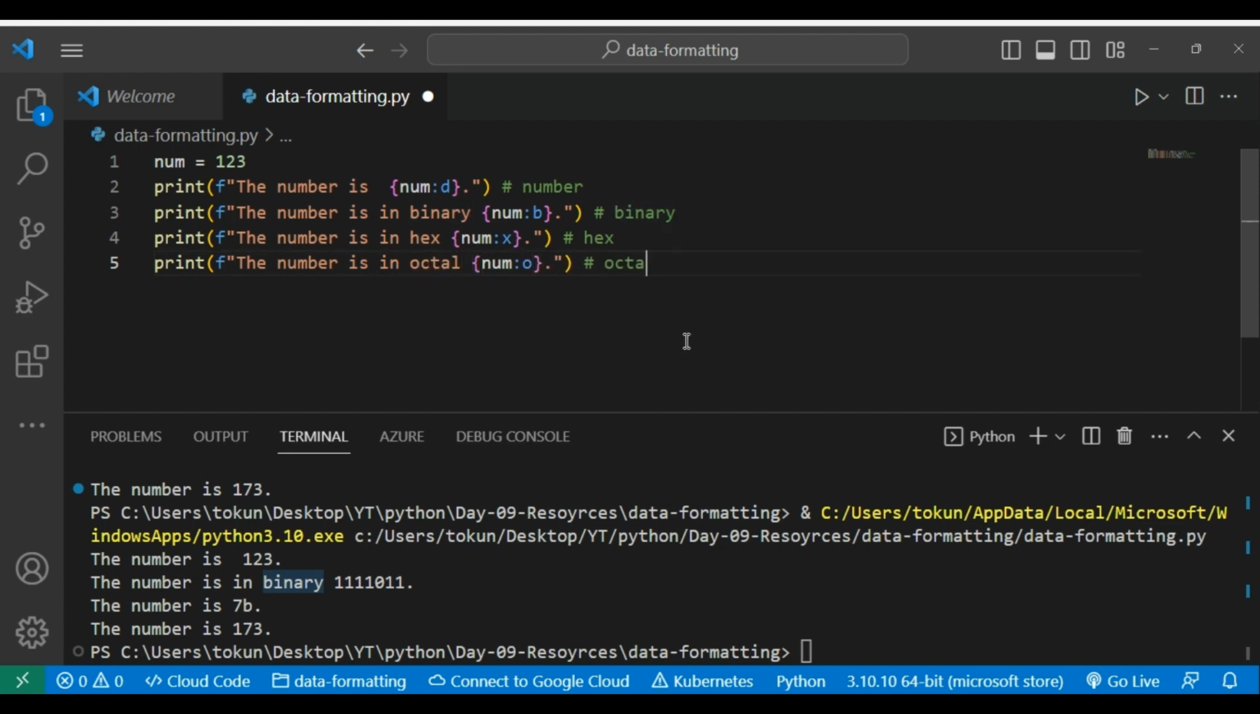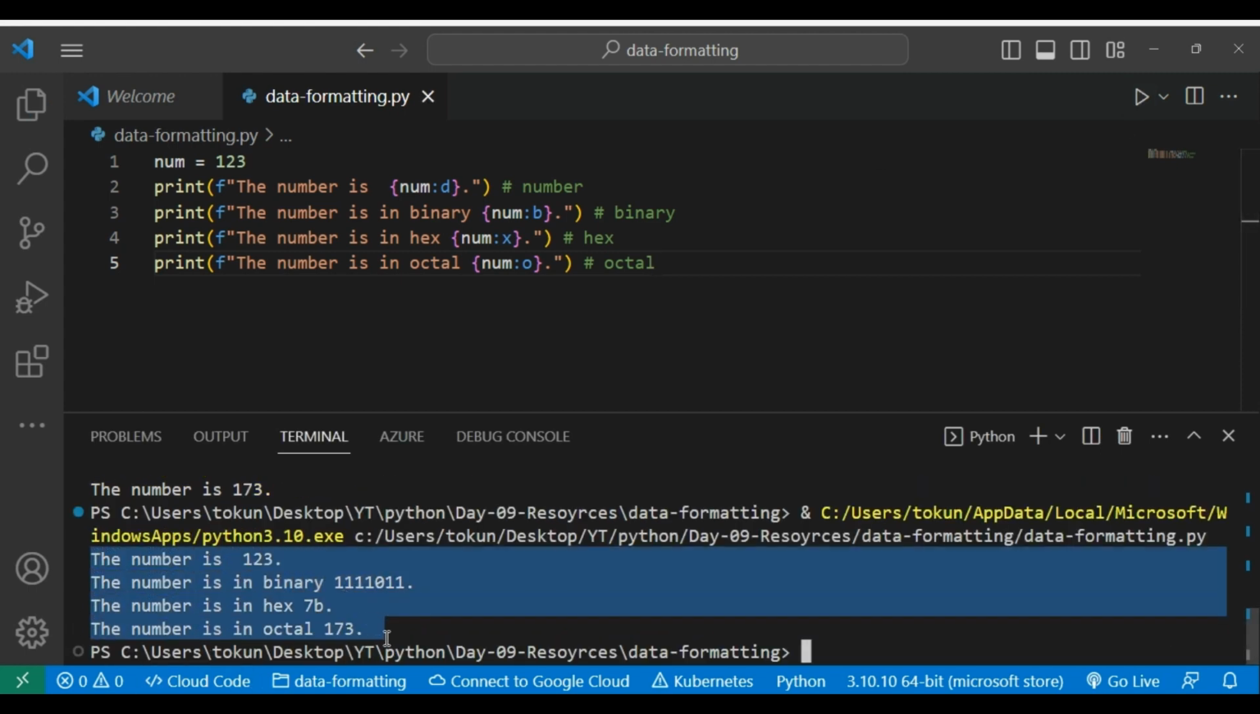This is octal. So basically number and float work the same. If I run this, you'll be able to see all formats are available for this f string. Okay, now we'll quickly move on